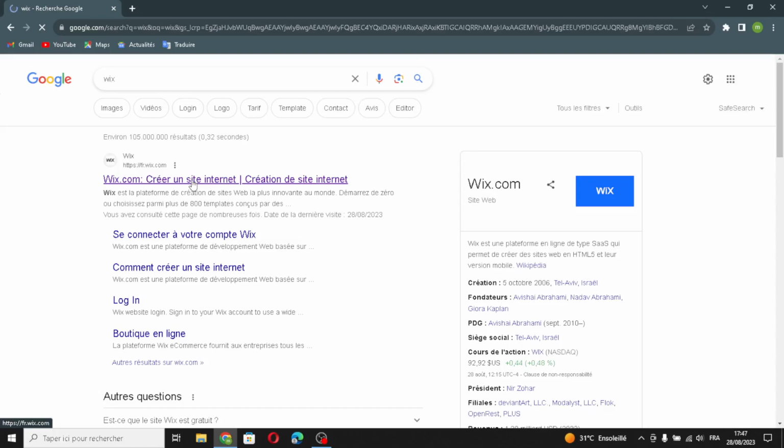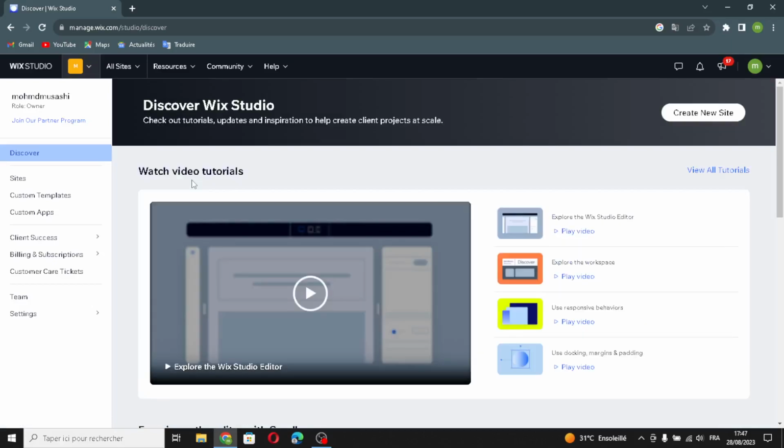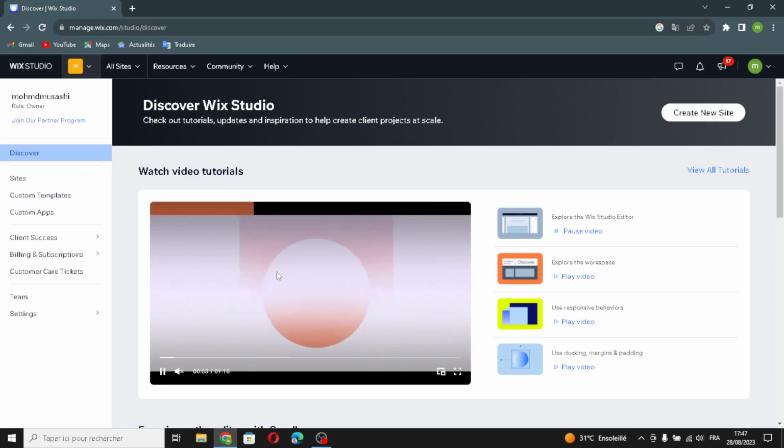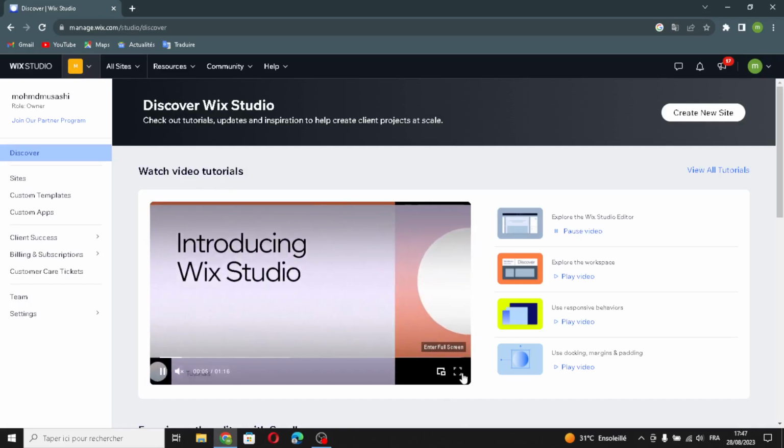Now enter the website. As we know, a Wix website is a type of website that you can create easily using a platform called Wix. It helps you build your own site without needing to know much about coding. Wix offers various tools to design, add content and customize your site, making it accessible for people who aren't tech savvy. So first, create a new site,